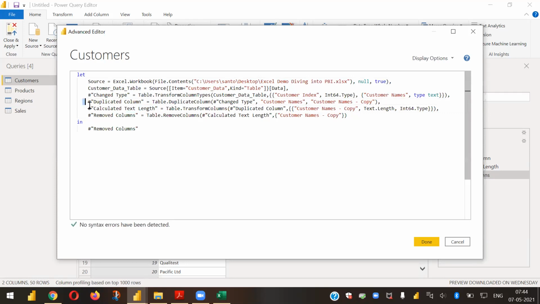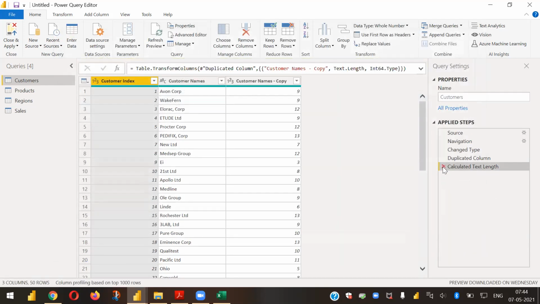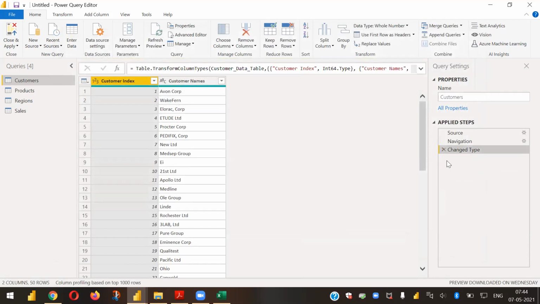If you are aware of how this entire thing is happening, you could have done one more thing also, because you created it and then removed it. These three steps are not actually needed, so you could have deleted these three steps here. When you understand more about how things work, the benefit is that you will keep the code minimal. That's where the understanding of this query comes into the picture.